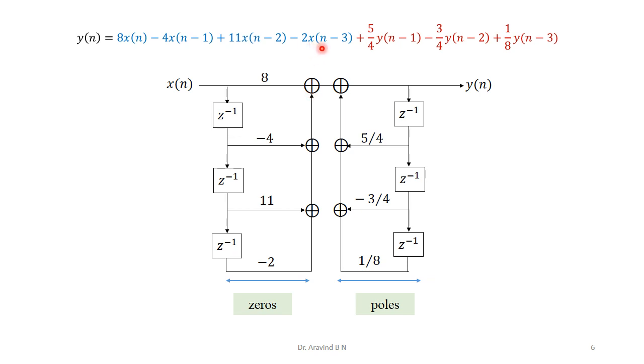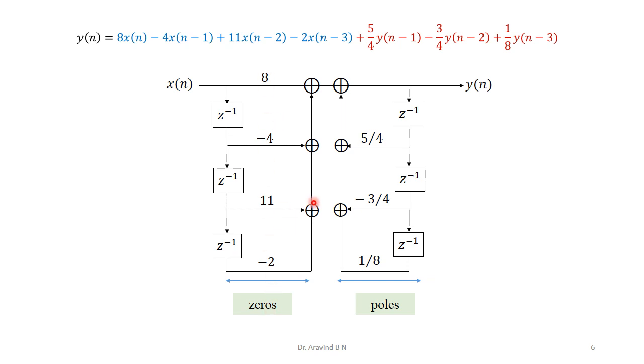Similarly, x of n minus 3 we need to identify first. Therefore, the third delay element has been added. At this point, it is x of n minus 3. Coefficient is minus 2. So multiplied with minus 2. Then perform the addition. Since this is the last value present, an adder is not required at this location. So we can directly give it to the previous adder itself. So now this complete realization is with respect to the x term representation, that is the zeros are all realized